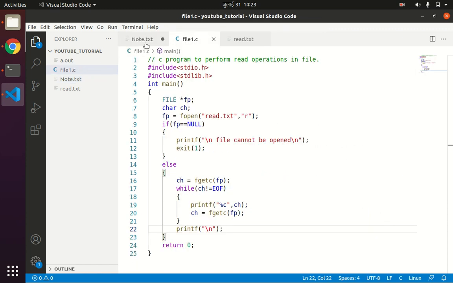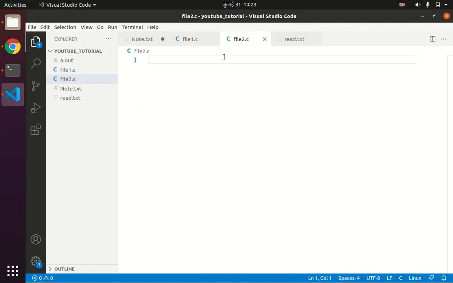So we'll write one more program to write to a file. file2.c, write a string to a file.